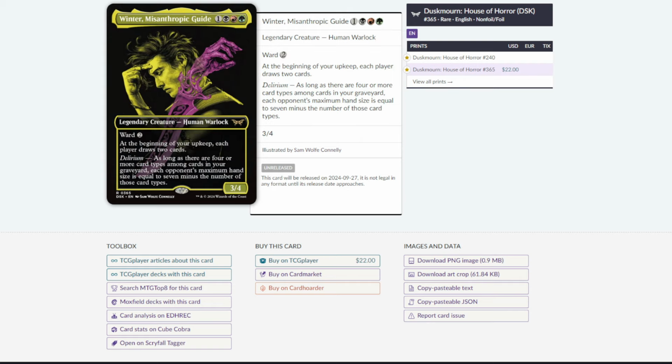So, and then we've got Winter Misanthropic Guide. It is 1 black, red, green, legendary human warlock with ward 2. At the beginning of your upkeep, each player draws 2 cards. It has Delirium. As long as there are 4 or more card types among cards in your graveyard, each opponent's hand size is equal to 7 minus the number of those card types. Pretty cool. Not a bad card per se,